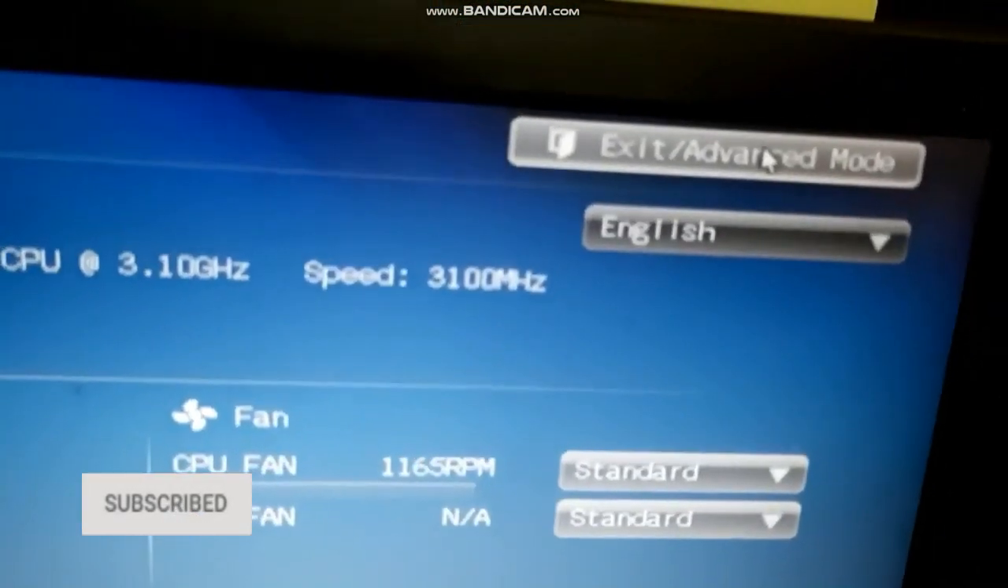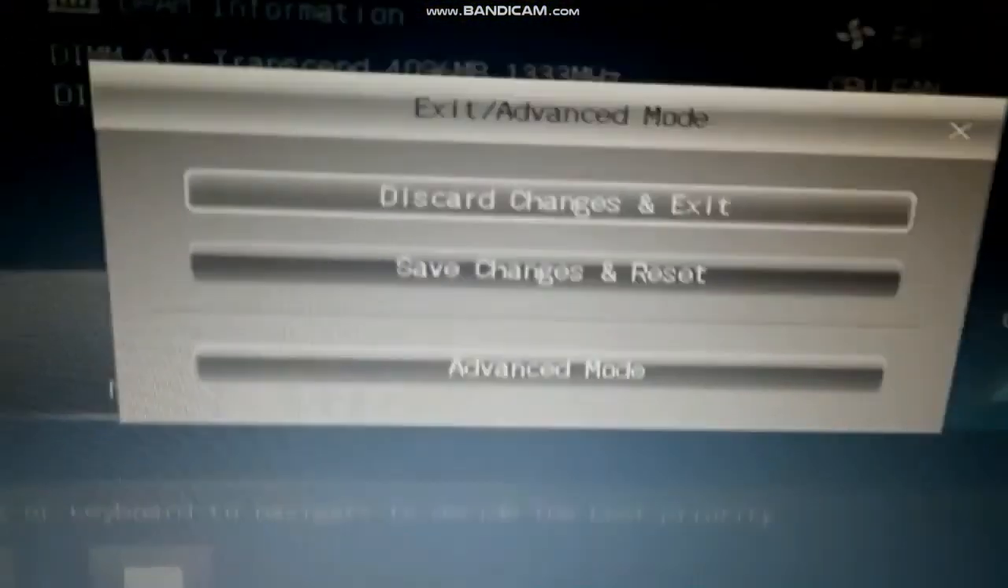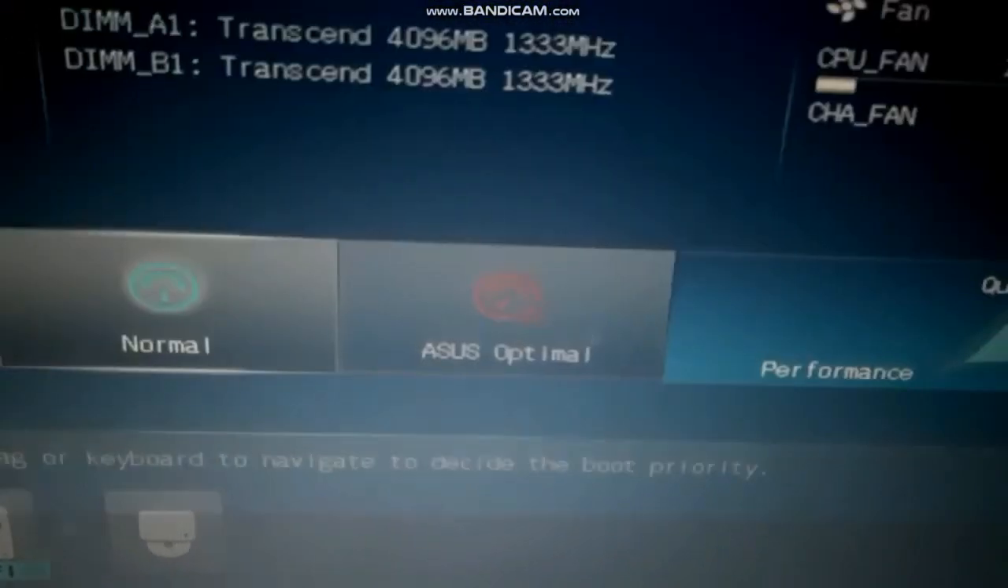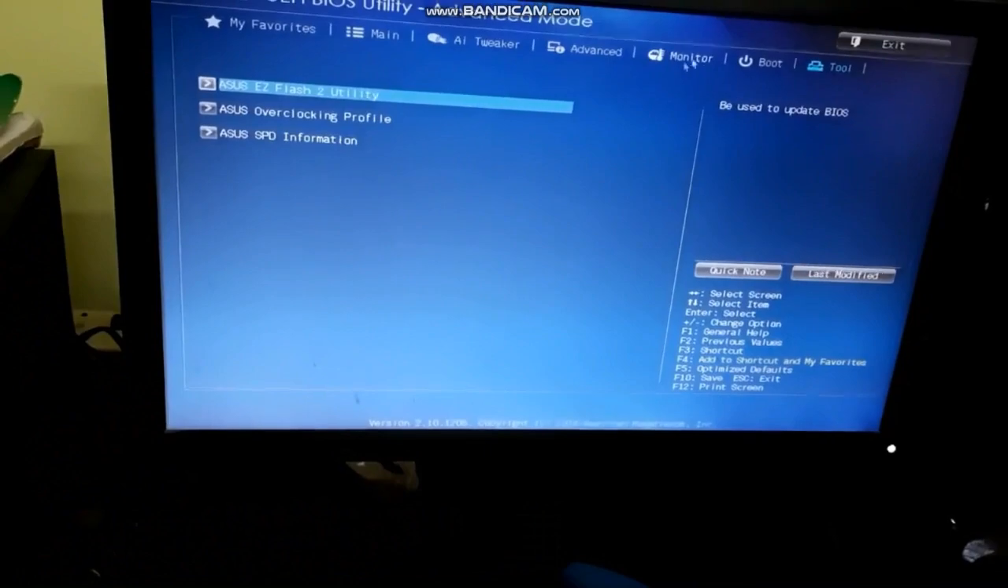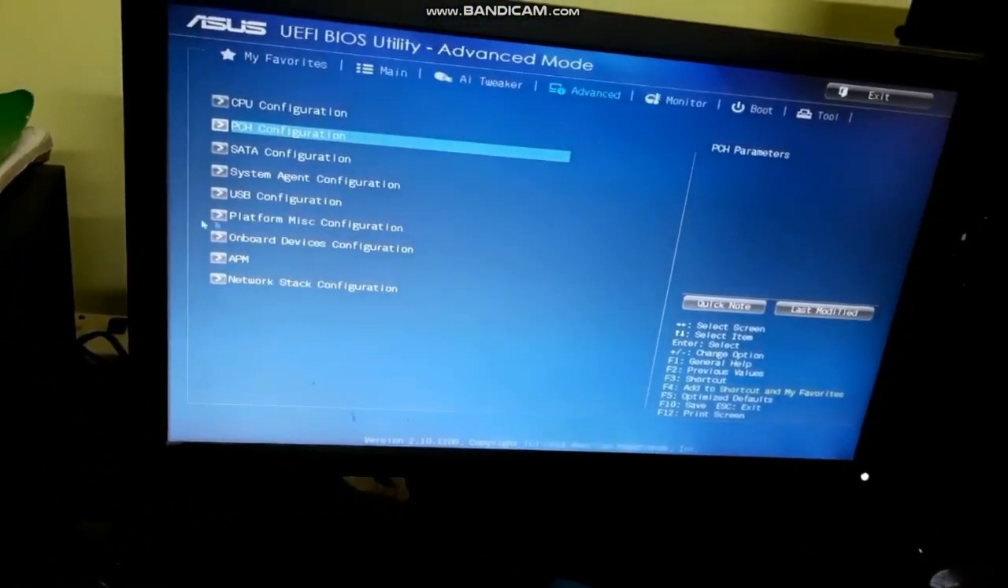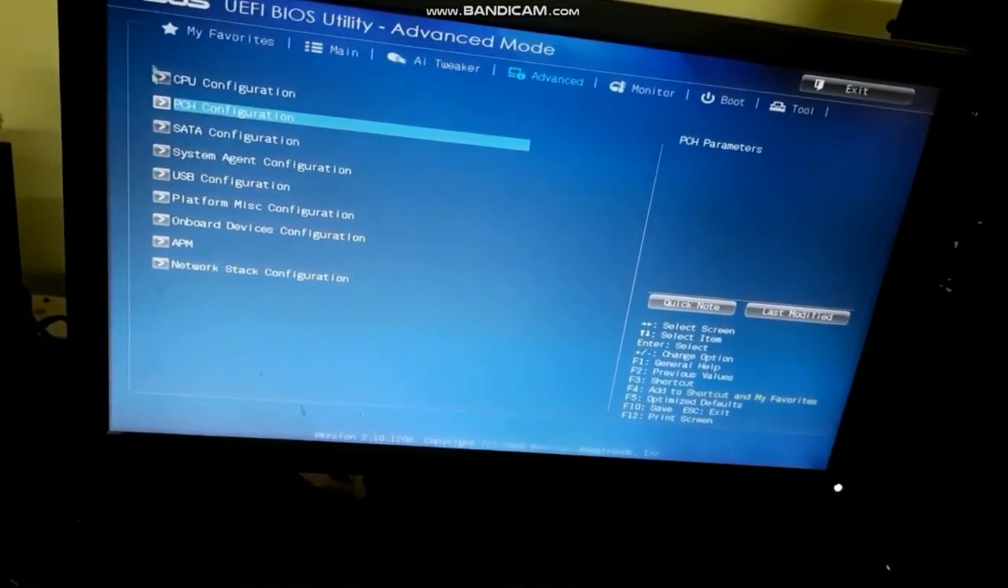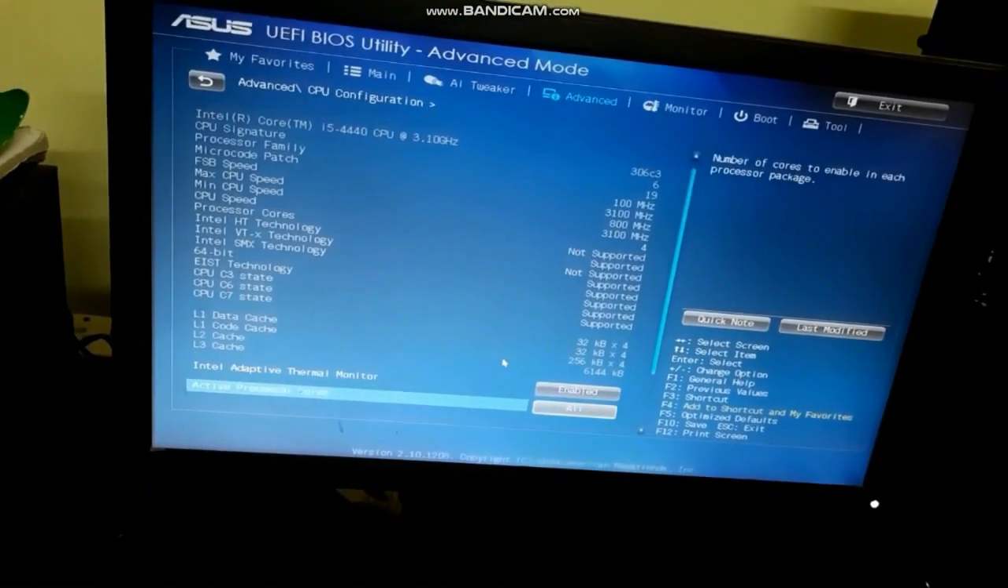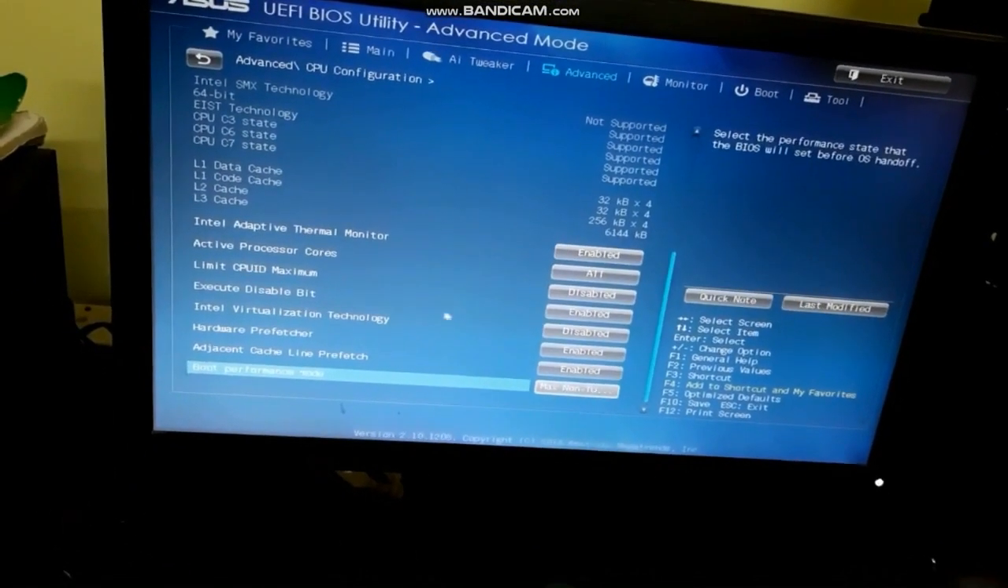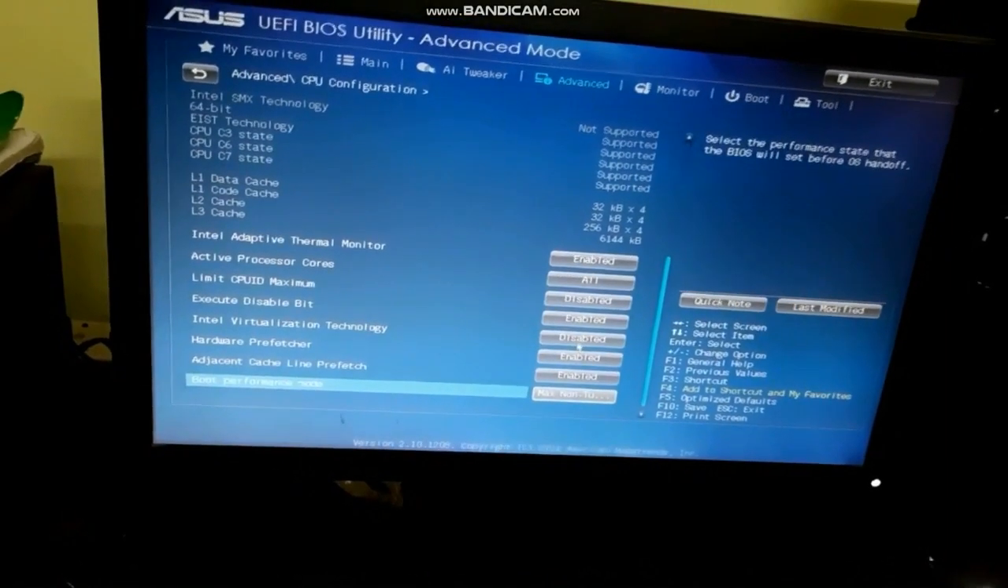You have to click on advanced mode. Now again click on advanced mode. Note your BIOS setting will be different. You have to search advanced mode and then you have to search advanced, and in that you have to search CPU configuration. In CPU configuration scroll down and you will see